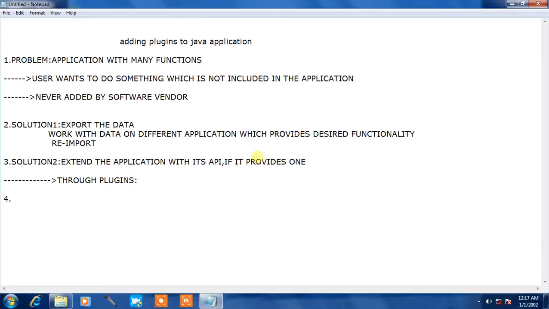In this, chunks of external code are accessed through the application and use its API to perform a function that the application itself cannot.